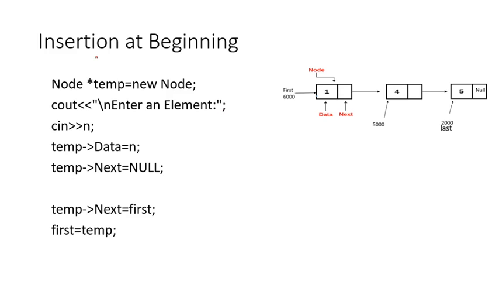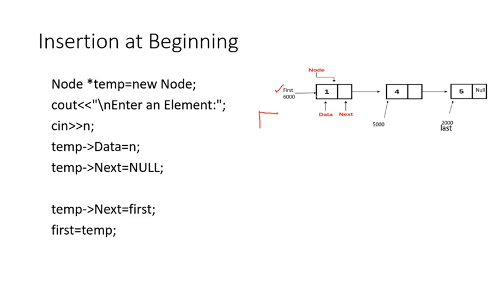Now we will see the first case. This is already existing list. Base address of this list is there in the pointer first, and the last pointer is pointing to the last node in the list. Node has two parts. One is data part and the other is the next part, which contains the address of the next node in the list. Now if I want to perform the insertion, I have to first allocate the memory for the